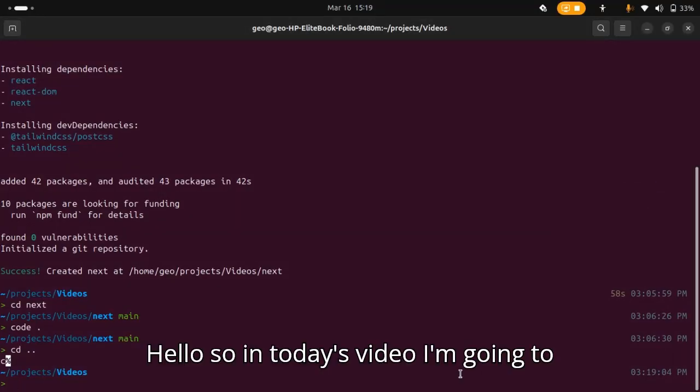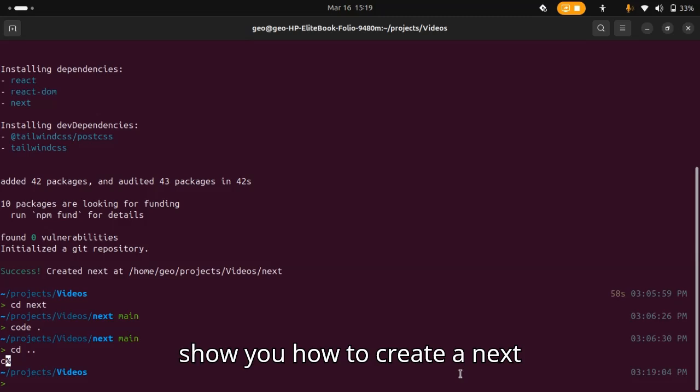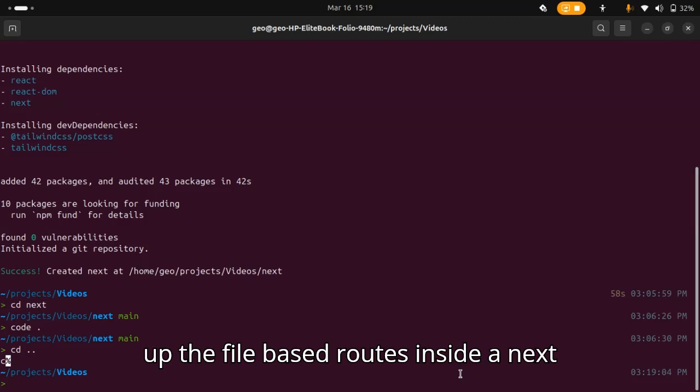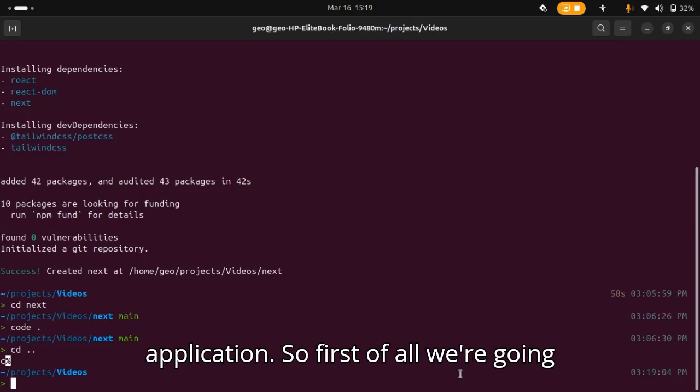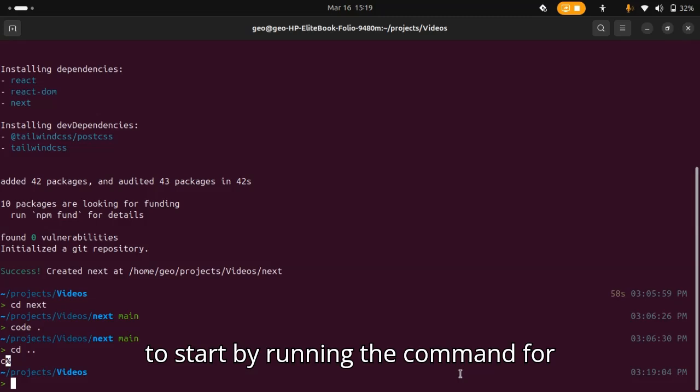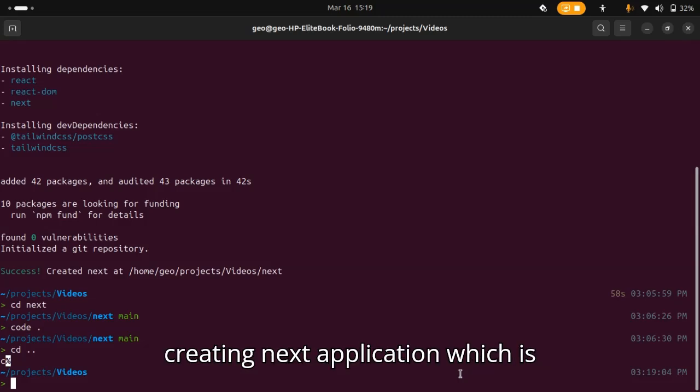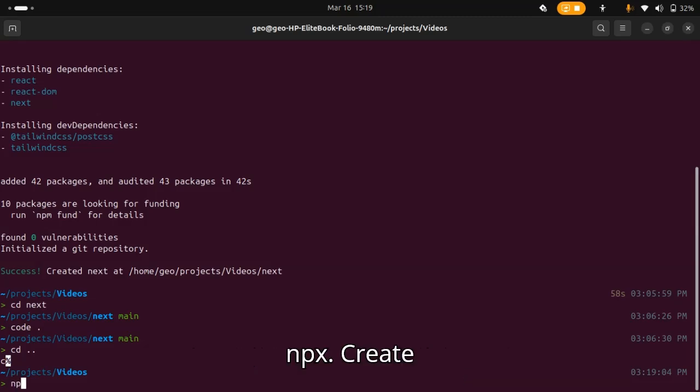Hello, so in today's video I'm going to show you how to create a Next application and how you can set up the file-based routes inside a Next application. So first of all, we're going to start by running the command for creating a Next application, which is npx create-next